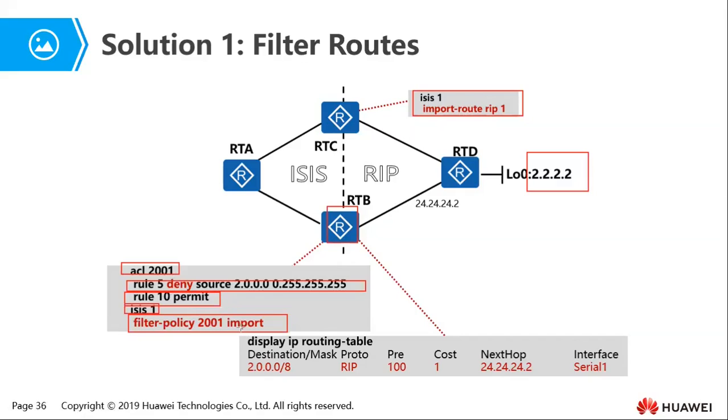Let me just see here. Display IP routing table. Okay. Good. So we can see here that in the routing table,